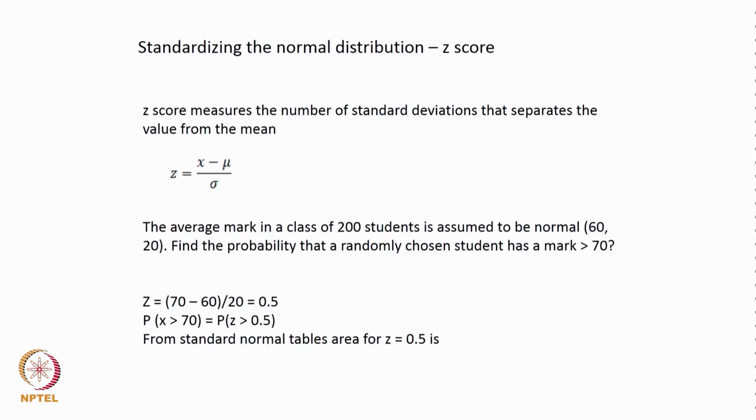But as far as the course that we are doing is concerned, we restrict ourselves to finding out what is the probability that somebody has a mark greater than 70, what is the probability that somebody has a mark less than 50, what is the probability that somebody has a mark between 30 and 40. So, all these questions can be answered, but we do not try to answer a question what is the probability that the student has a mark equal to 70 or equal to 80 through this kind of analysis.